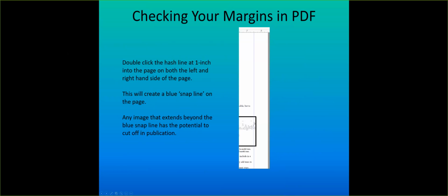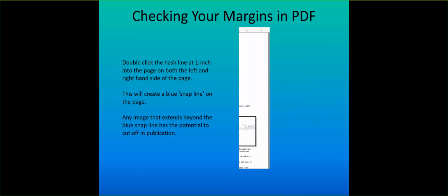So then, of course, you'd have to go and edit this in your Word document and reconvert it to PDF. So it might be best to just do this all in Word so that you have that nice grid line. But I wanted you all to know how to view this in PDF. So when I get this and I'm reviewing your documents, they are in PDF. So this is how I'm reviewing to see that your charts are not going to cut off.